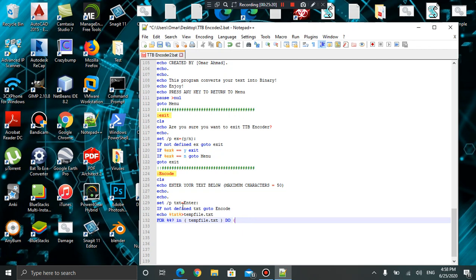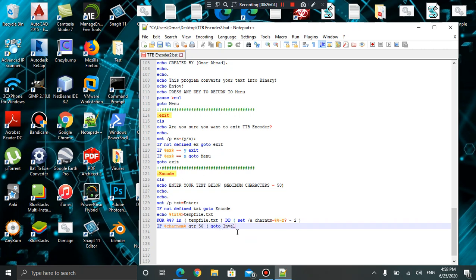Do, and open up another bracket, set /a. Let's say for example carnum, like it's the character number, equals %%, and this curvy thing, I don't know its actual name, but I call it a curvy, -2, like so. Then you're gonna type if the carnum is greater, GTR stands for greater, it's greater than 50, you want to go to